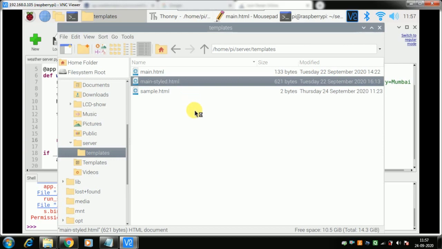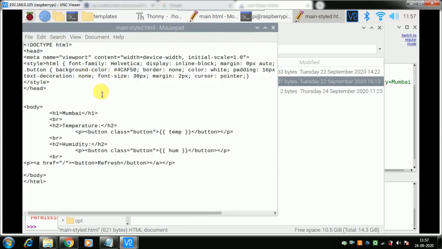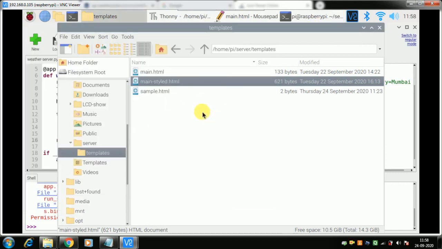You can see in this HTML I have actually included some cascading style sheet, which is called CSS. So this is HTML and this is the style sheet. I have made some buttons with cascading style sheet, and I have used those buttons here. The temperature will be shown within a button, and that button will have some color based on the class chosen. So the classes and buttons are defined here. This is a bit styled, so I will not explain HTML and CSS here. Anyway, let us now run our new code, and it will serve the new server.